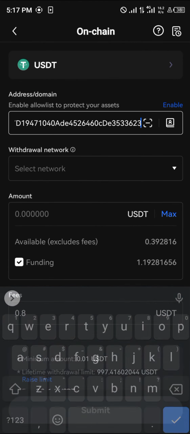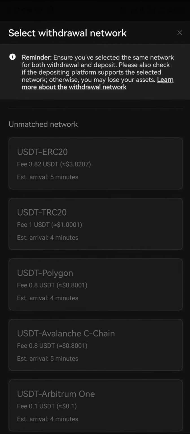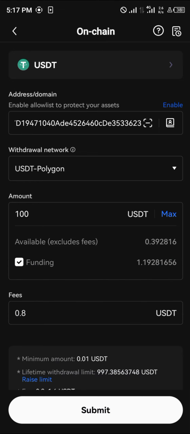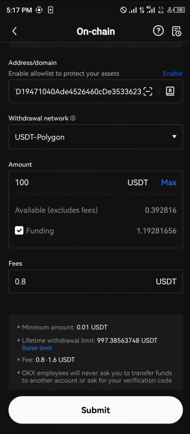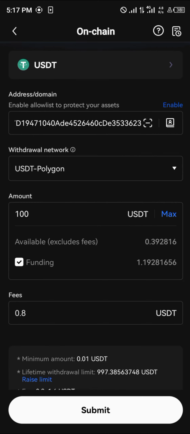the address there, and select the network, which is basically the Polygon network. Enter the amount you wish to send. Let's say I have 100 USDT. I'm going to be paying 0.8 as the fee, and then click on submit and your USDT would then be